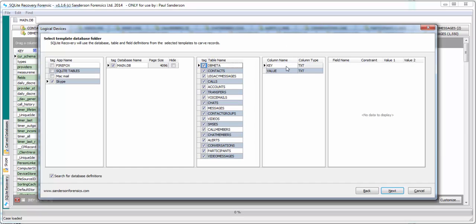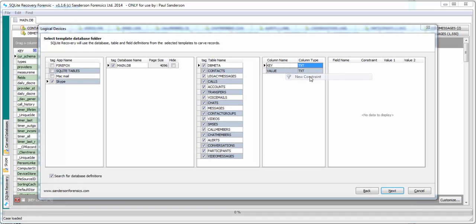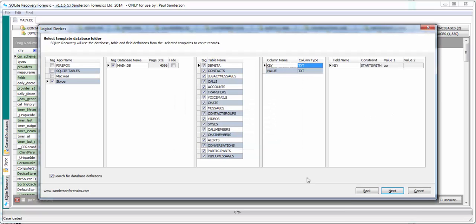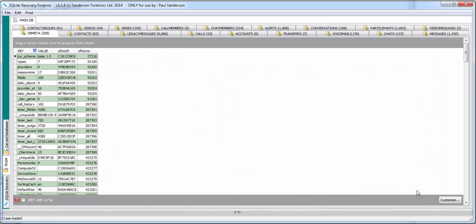Our key field is the one we filtered on, so if we right click on that and we choose new constraint, it's a constraint on our key column, and if we do starts with, and if we put CUR in there, choose OK, and then choose cancel, that information is now entered within the